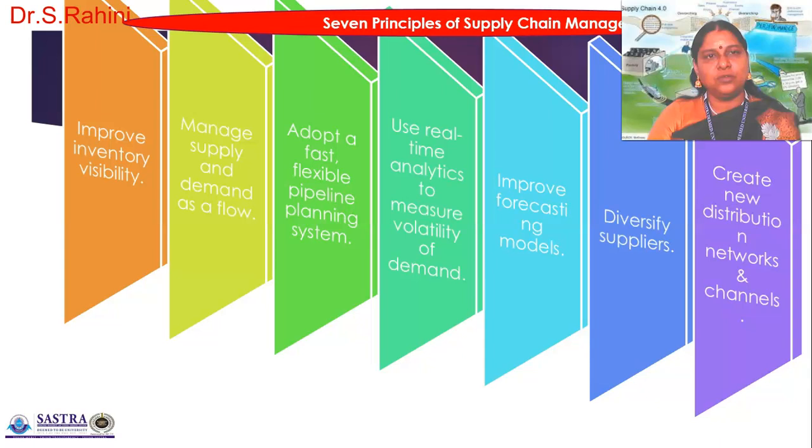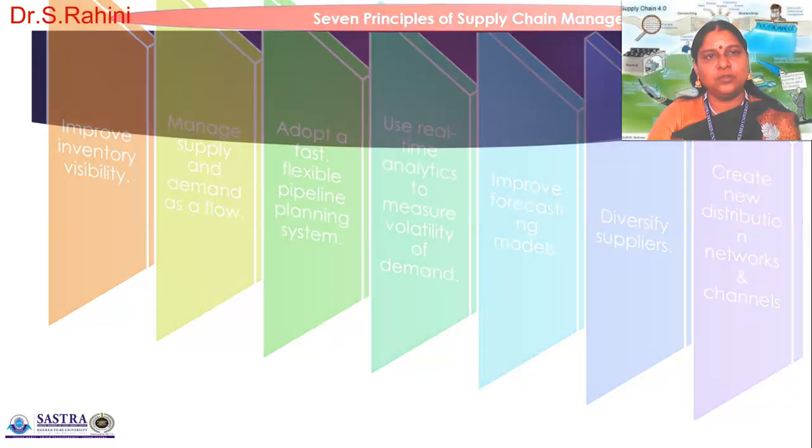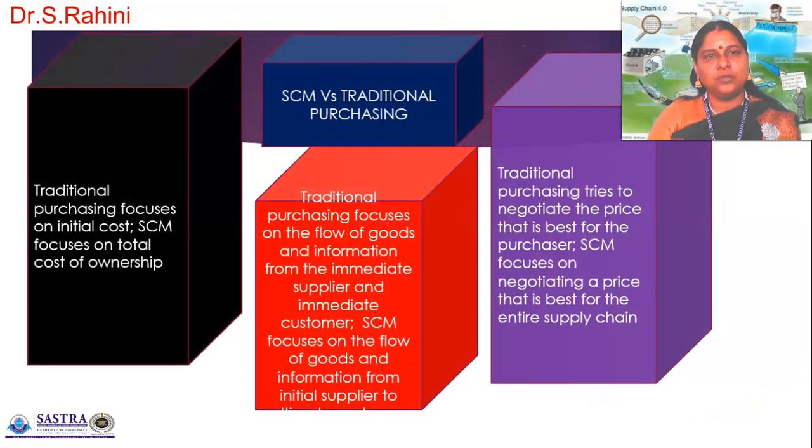So these things are the 7 major principles of supply chain management that should be taken care of by a supply chain manager while he will be focusing on the process. And that process will give a greater efficiency and also to your